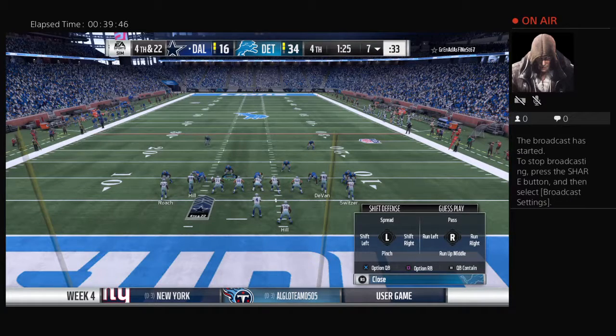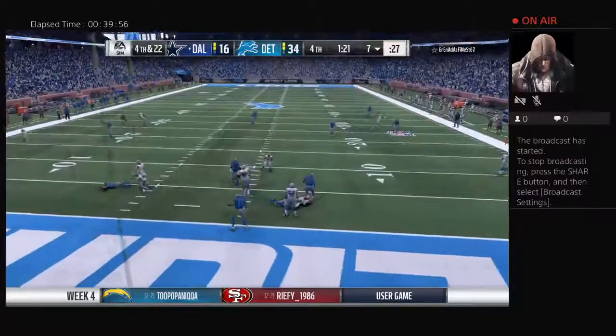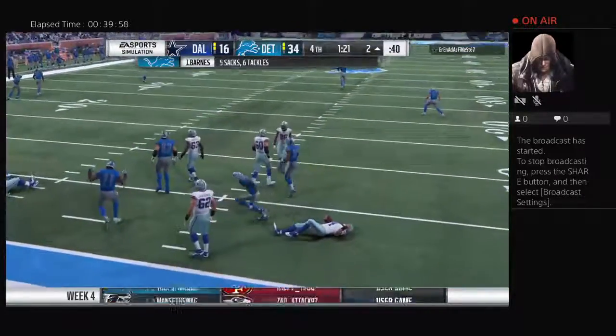All right, here we go. 3-19. Go. All right, now, lucky 56. Got to try it here. He's back to throw. And he's going to be taken down. Sacked back